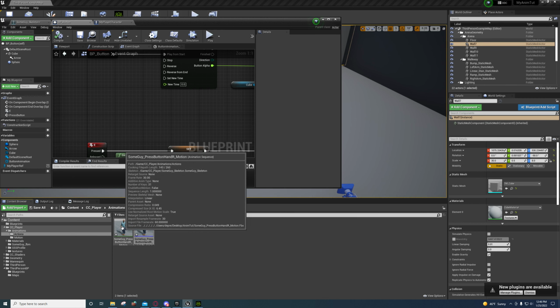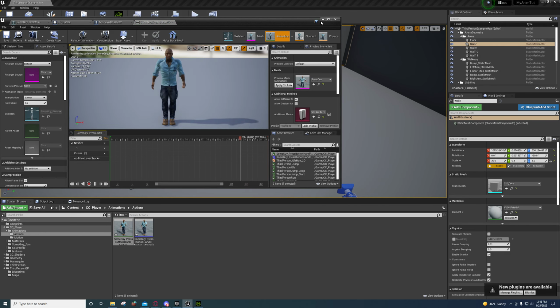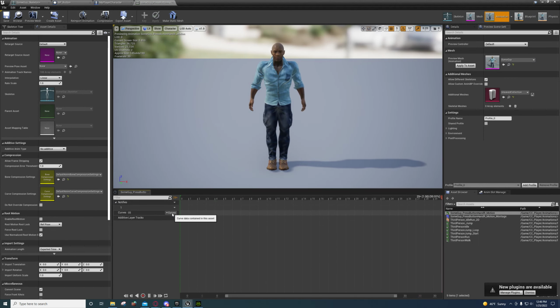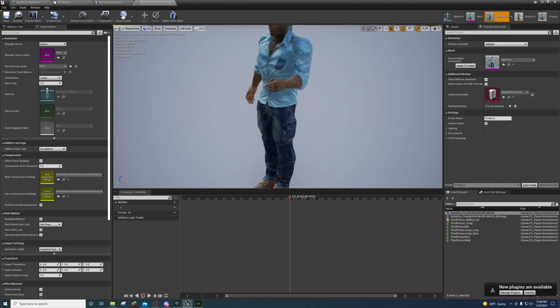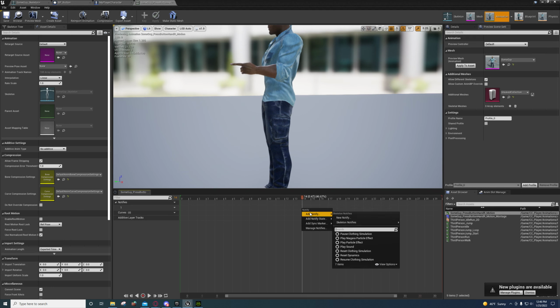Now go ahead and open up your base animation, not the animation montage, but the actual animation to it. First we need to make an anim notify. So what you're going to do is move this and find the location. I think it's at about 14 is when it peaks out. So over here, I'm just going to type in 14 and we're going to right click here and add a